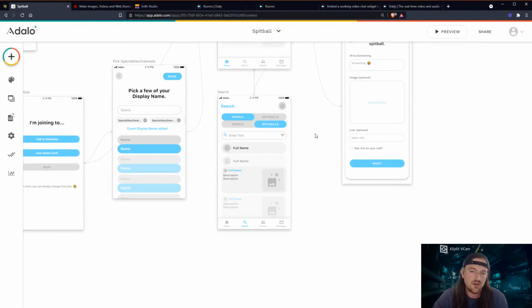And then once that meeting room is over, I want it to delete the room. Or I want to create a separate room for each person that joins. The only issue with that at this point, I think, is